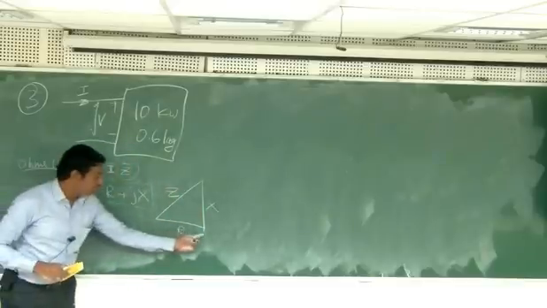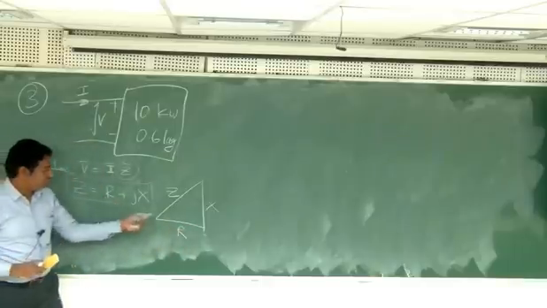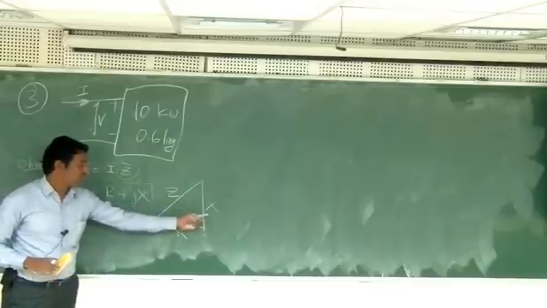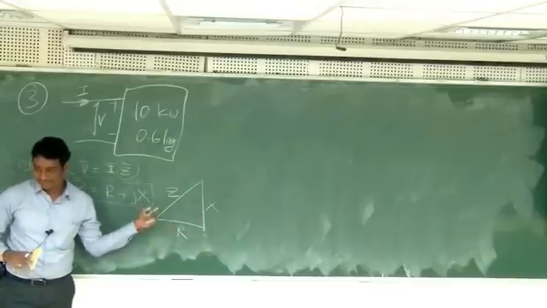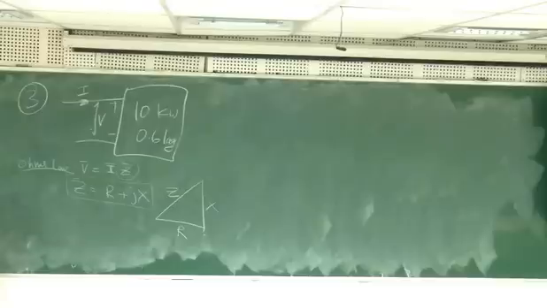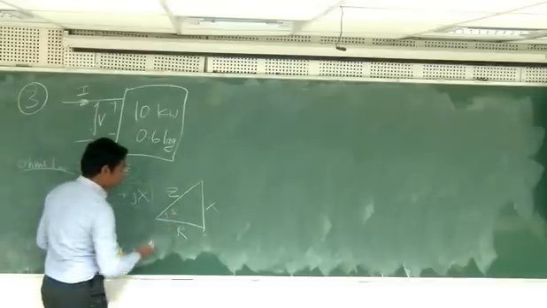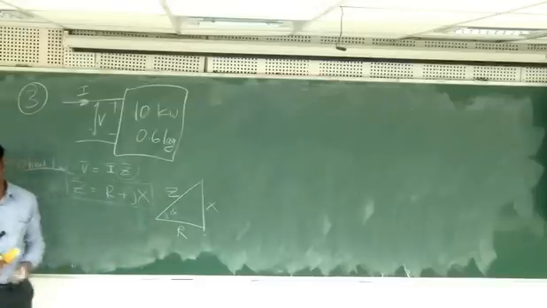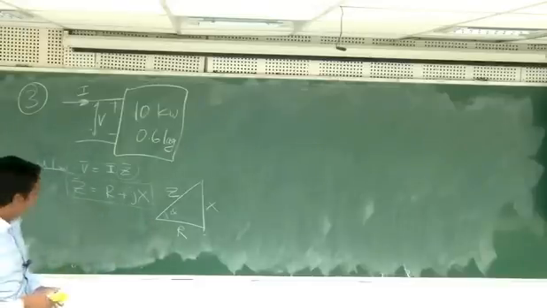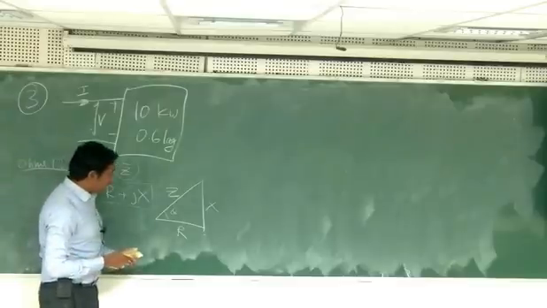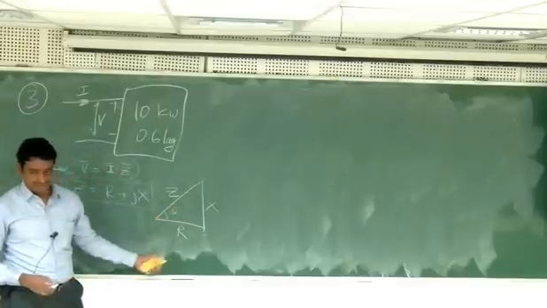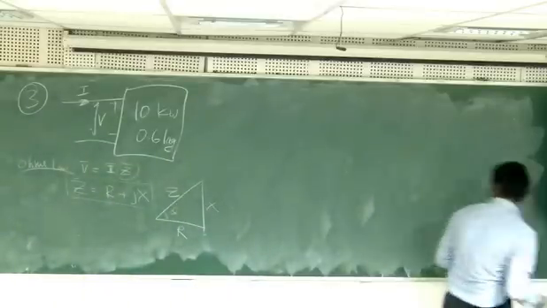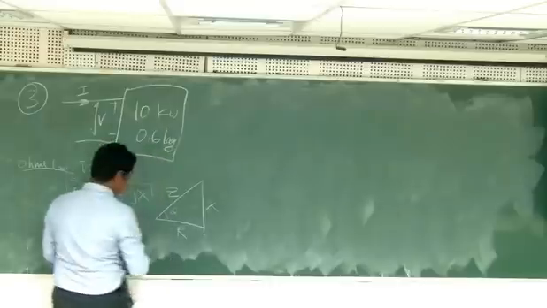The length of R will be equal to this value, the length of X will be equal to this value, and then square root of R square plus X square will be the magnitude of Z. This angle will be theta automatically. So instead of writing like this, I'll write it like this just to get a visual feel of it. This is the impedance triangle.